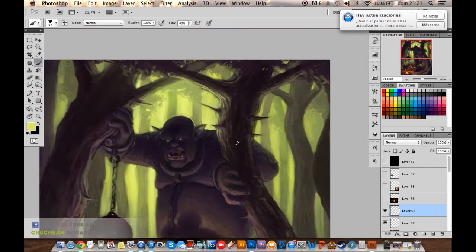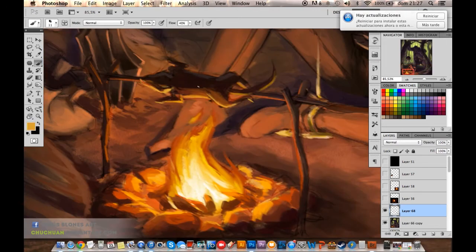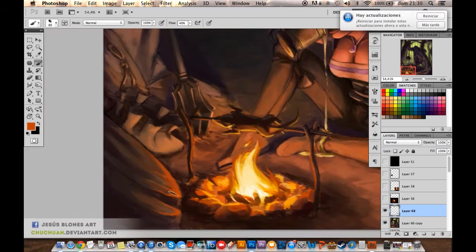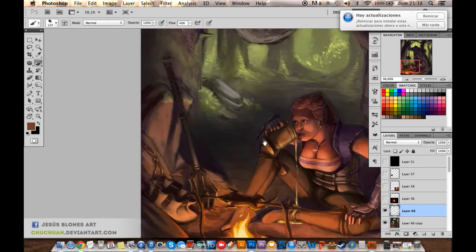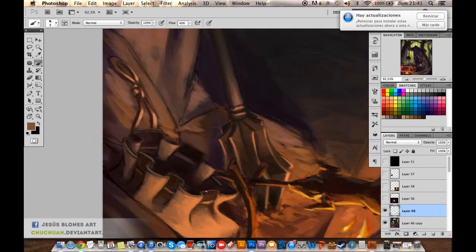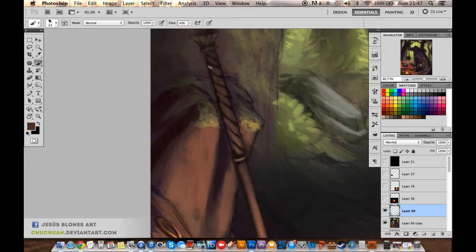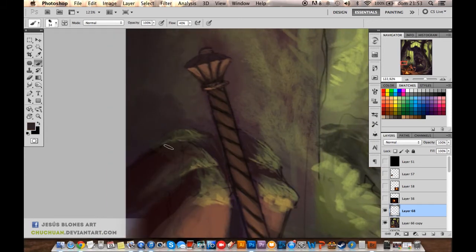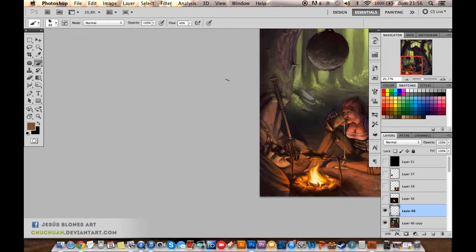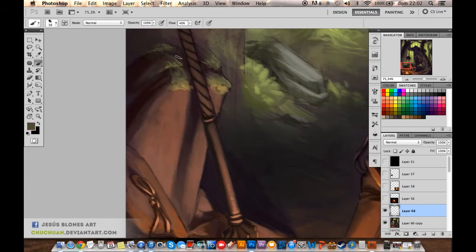The other point that I want to talk to you about is the texture. As you can see here, I have really different materials in this illustration. I have metal, I have leather, I have some fabric. Every material that you're painting, every material that you're drawing, should have some kind of values, because if you set the values right, I assure you that the viewer is gonna understand. His eye is gonna look at the illustration, and he's gonna understand really well how this thing is working, how you are creating this stuff.